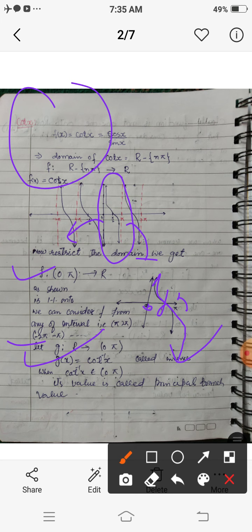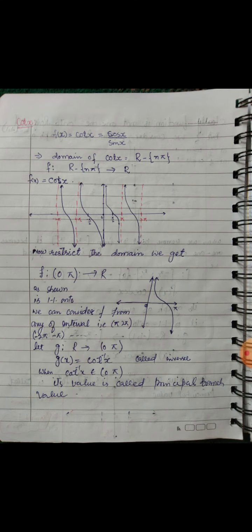Now any value of this cot inverse which belongs to (0, π) is called the principal branch value of this cot inverse. So, God willing, in tomorrow's video lecture we will discuss another function, that is sec x and its inverse,